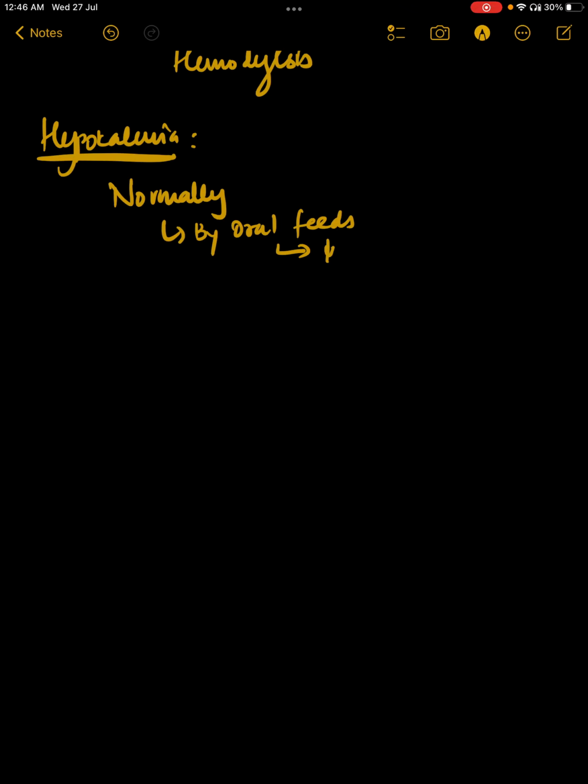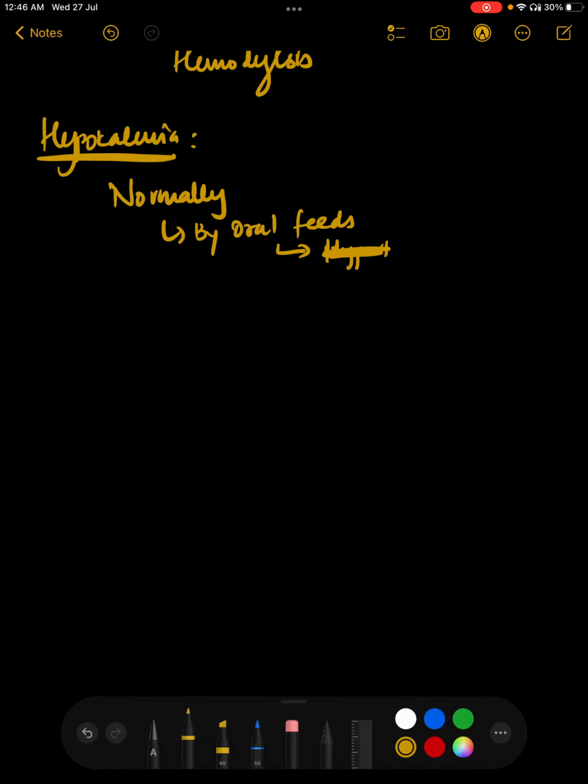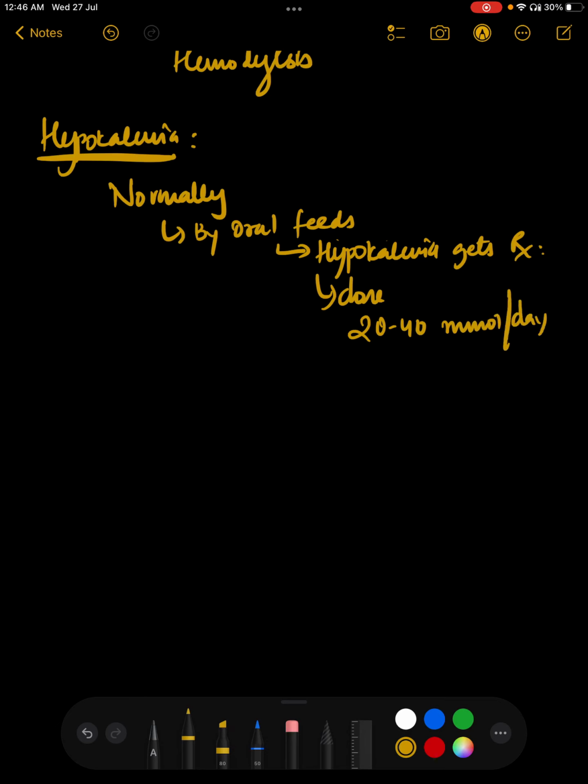Sorry, not hyperkalemia, it's hypokalemia that gets treated this way. So the dose is 20 to 40 millimole per day. It is sufficient, but in some cases